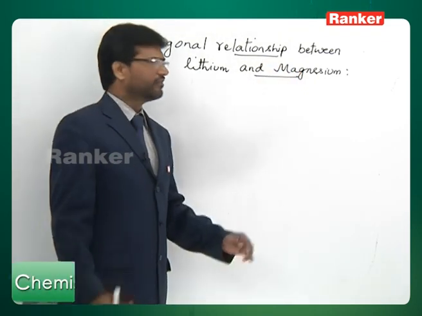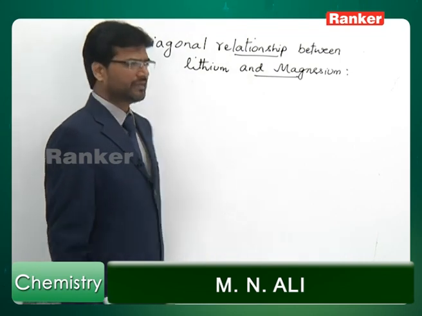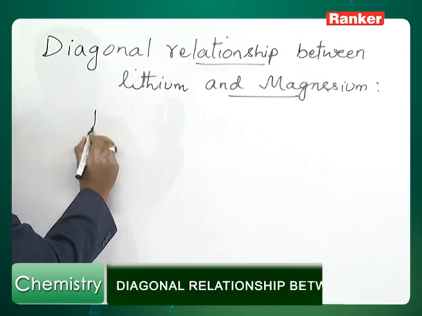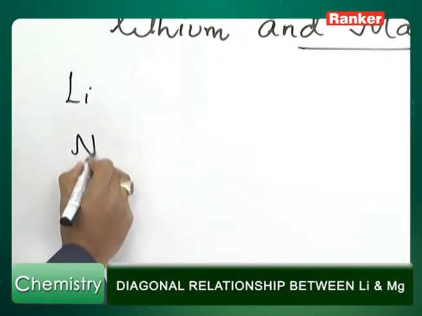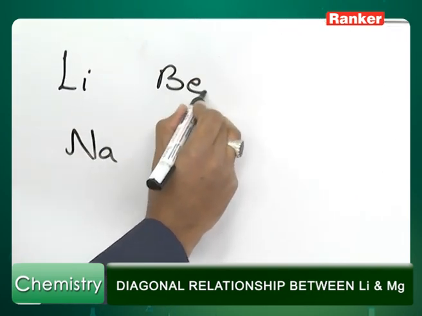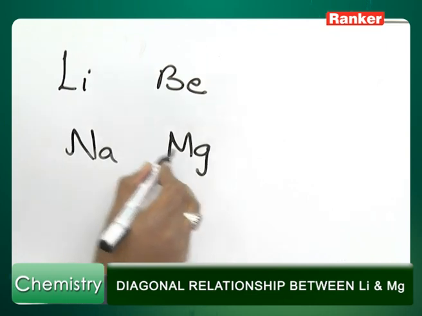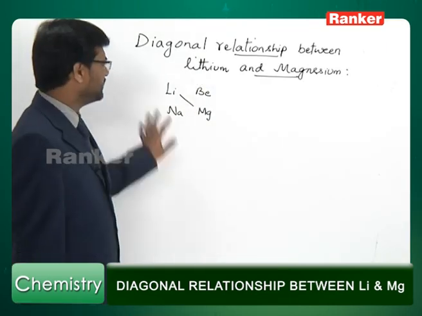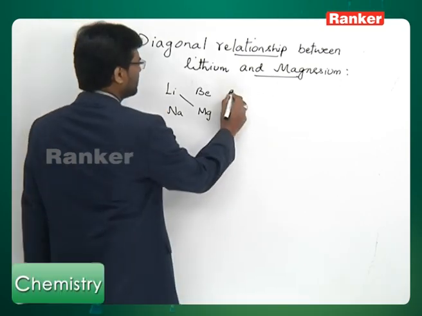Let us discuss few points regarding diagonal relationship between lithium and magnesium. See, lithium, the first element of 1A group, it resembles diagonally with magnesium. In most of its properties, lithium resembles magnesium. On similar lines, I can say